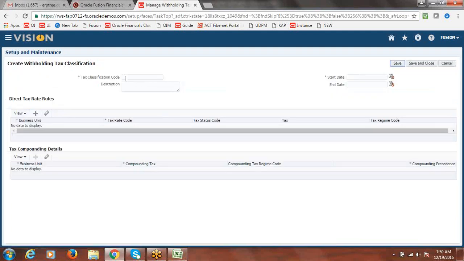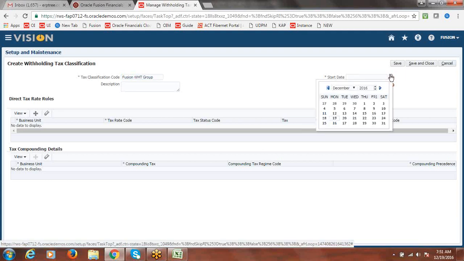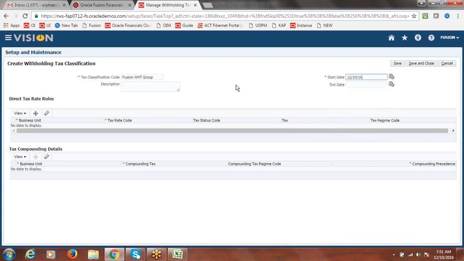Seems nobody created any in this environment except vision values. Fine. So Vision withholding tax group. I'll give the name. Of course, the naming convention is classification, but I'll write it as a group only. Give start date. Here through group, what we can do, we can group the multiple tax codes. That's it. Okay. So direct tax rate rules, click on add row,